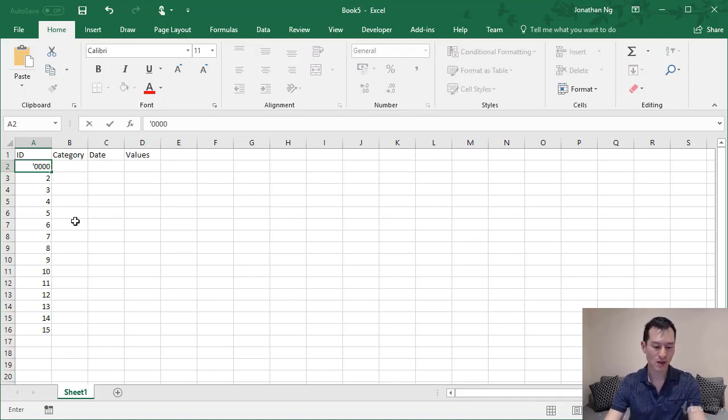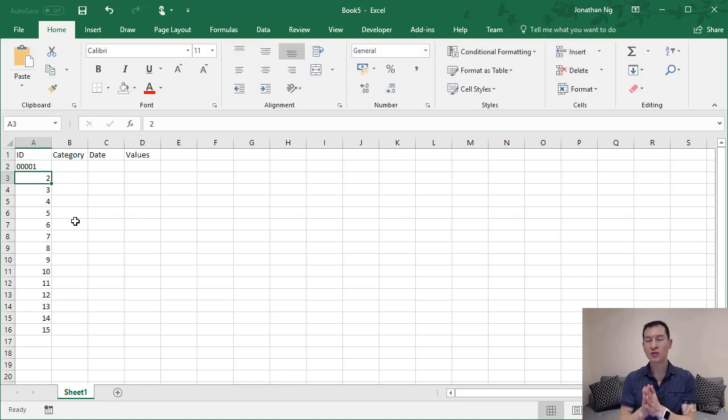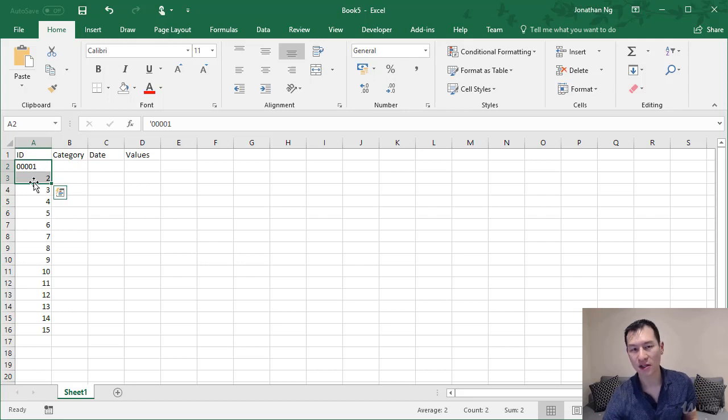However, if I come back over to here and I put a single quote in front and type a number of zeros and type 1, you'll notice something different here. First of all, the data has aligned itself to the left instead of the right, and all the leading zeros are still in place. So if I select these two items now, you'd expect the number 1 and 2 to add up to 3. But you'll notice down here that my sum is only equal to 2. And the reason for that is that our first item here, ID number 00001, is stored as text and not a number. So if I fill this down,